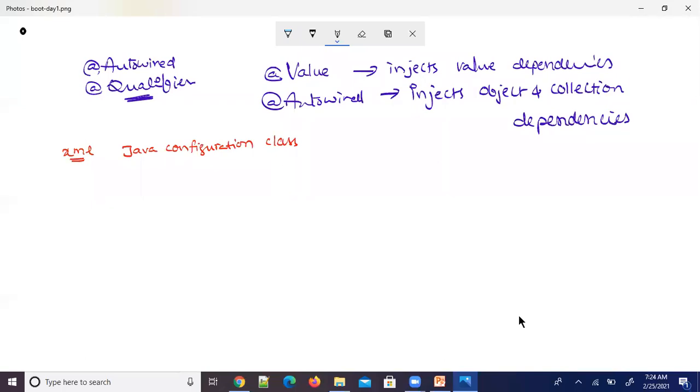For example, if you created an XML file like config.xml, and in this XML file you defined all the bean definitions, all the beans you created in the application, various tags are provided, whether the dependency should be injected through a constructor or through a setter method.